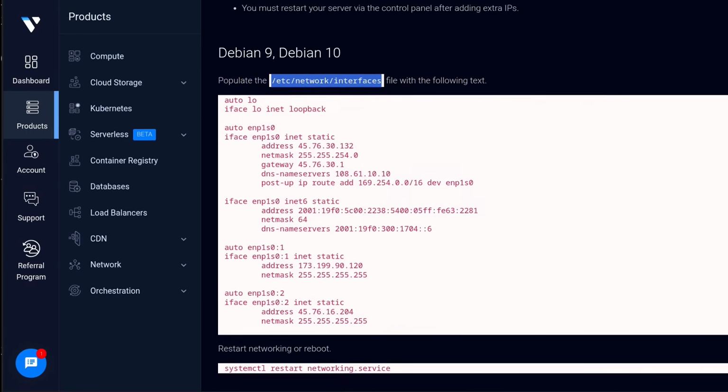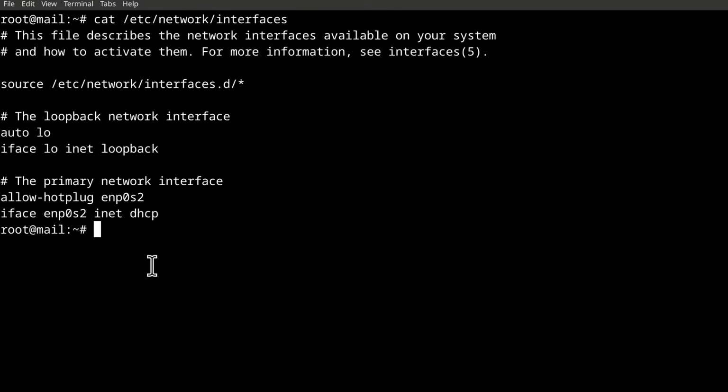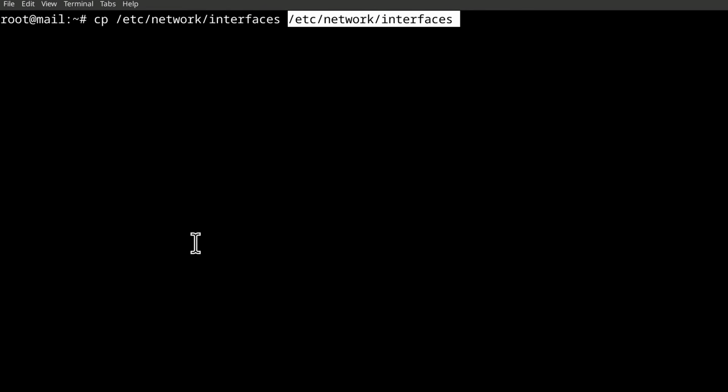Copy. And you can actually see what's inside that file. Cut. Control-Shift-V. This is what is in that file. We need to remove everything and add what we've gotten from Vultr. And just in case you want to, you can actually save it in future. If you want to go back to the default, you can simply bring back the old configuration. So I'm just going to save it in the same location as .back.